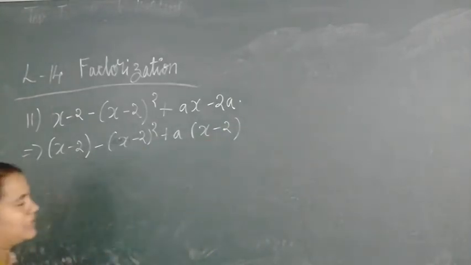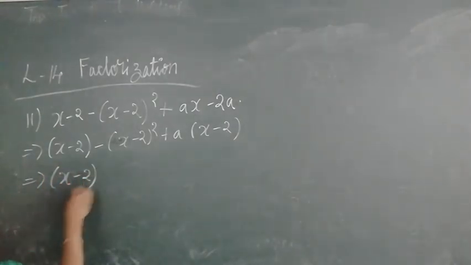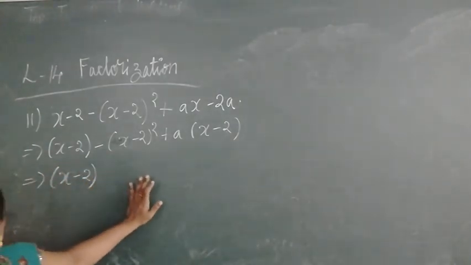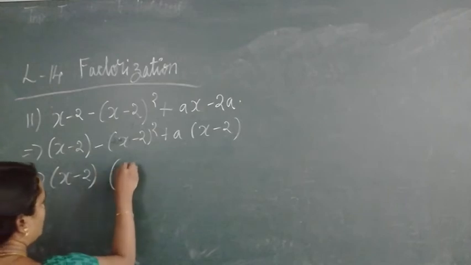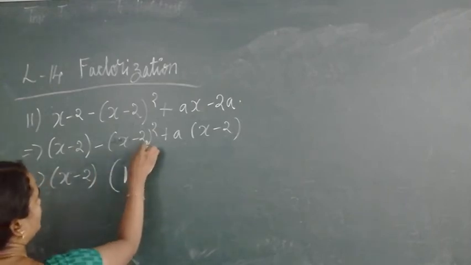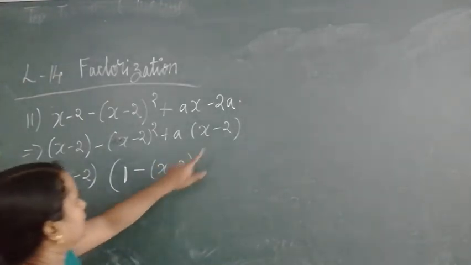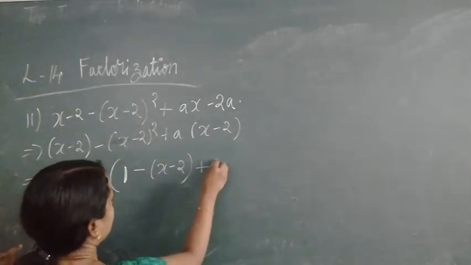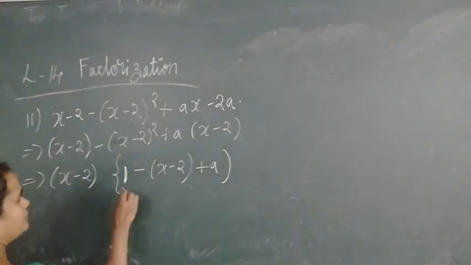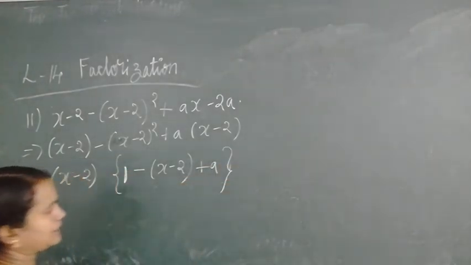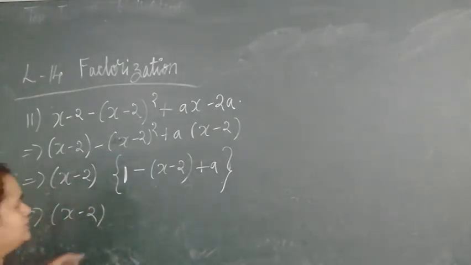Now everywhere x minus 2 is common. Now you can take x minus 2 as common. Okay. Now everywhere you have taken x minus 2 as common. Now here x minus 2 common means x minus 2 ones are left. Then minus, already x minus 2 is taken, one x minus 2 is left, and here x minus 2 is already taken out, plus A. Understood? Now both the brackets we won't put, we will put another bracket here because the same bracket we won't put. Okay. Now here x minus 2 we will simplify this.